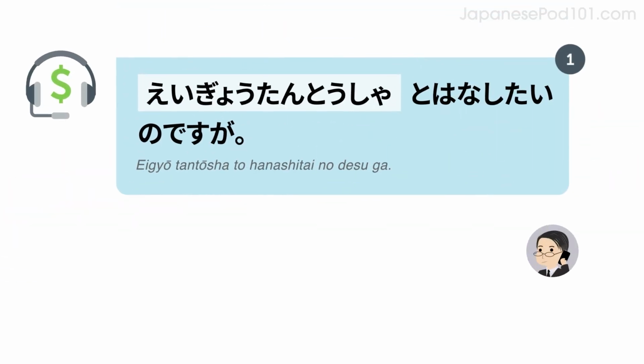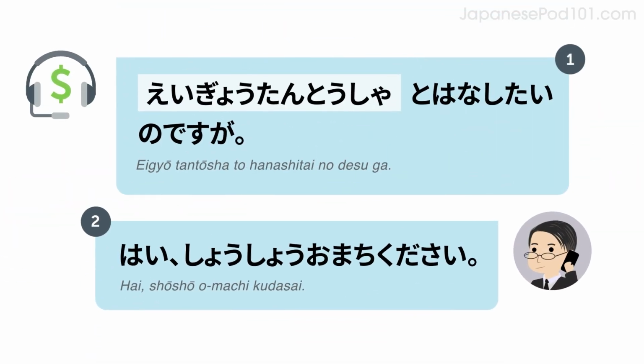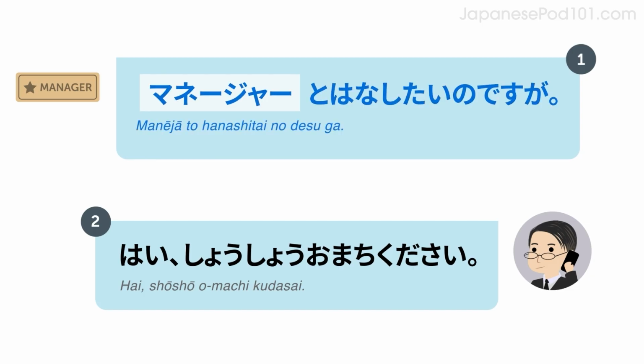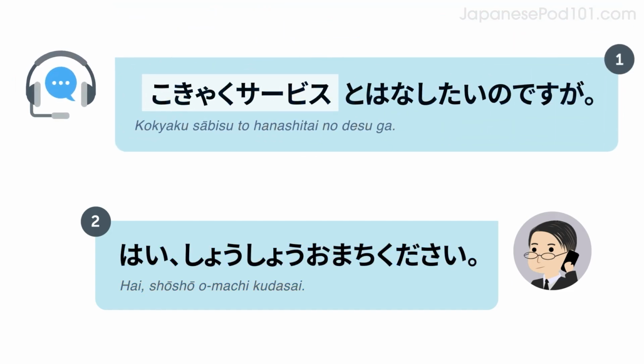Let's look at some examples. Listen and repeat or speak along with the native speakers. 営業担当者と話したいのですが。はい。少々お待ちください。 マネージャーと話したいのですが。はい。少々お待ちください。 顧客サービスと話したいのですが。はい。少々お待ちください。